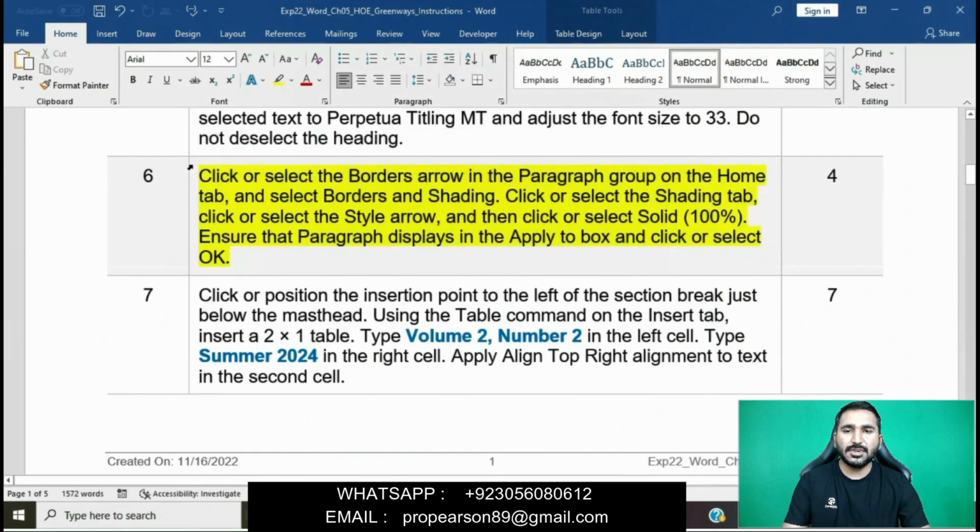Question number 6 is to click or select the Borders arrow in the Paragraph group on the Home tab and then select Borders and Shading.